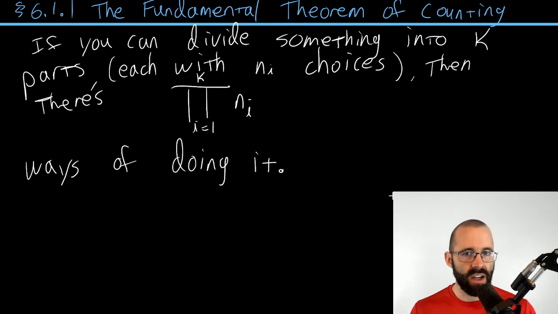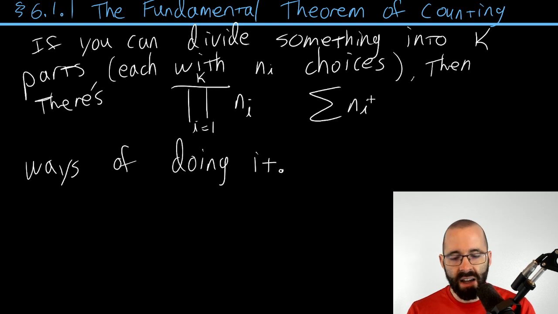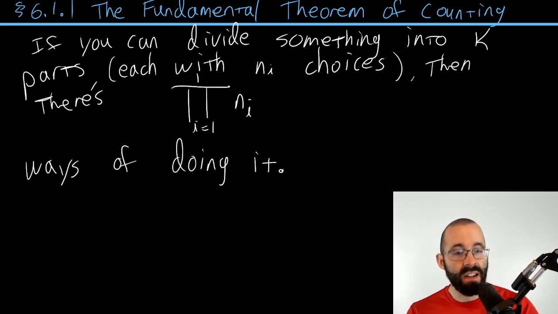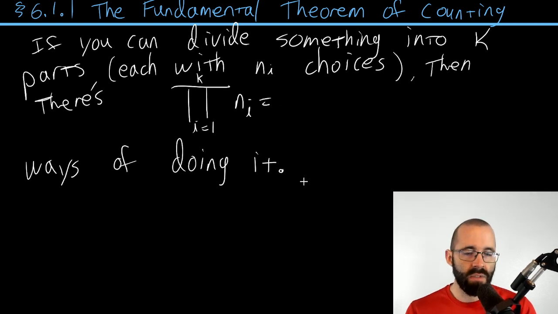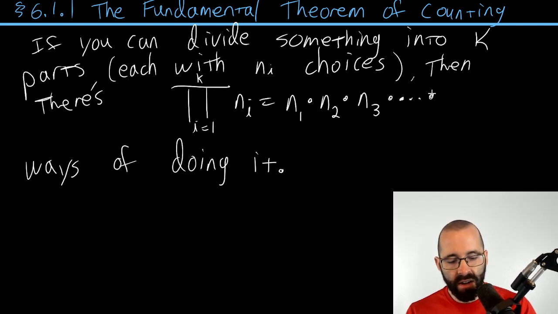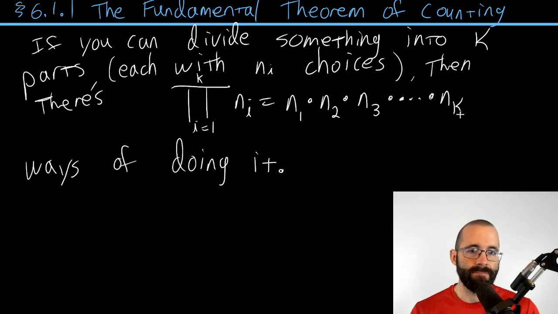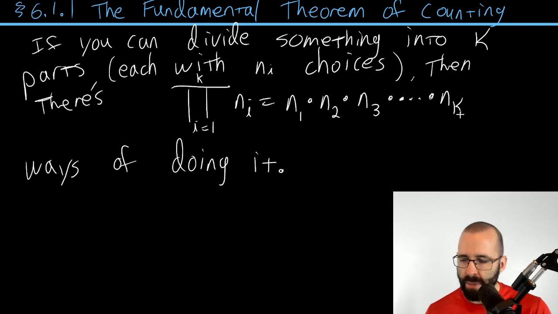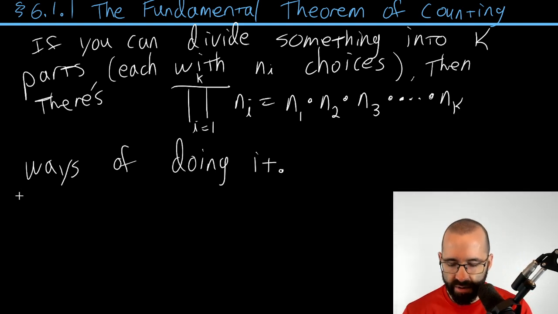Now, you may not have seen this notation before, but it's similar to summation notation if you've seen that, right? If you've seen the sum of n_i, this is very similar. But instead of sum, this is product. So really what this means, and I'll write this out because you may not have seen this, is just, well, if there's n1 ways of doing the first thing, and n2 ways of doing the second thing, and n3 ways of doing the third thing, you just multiply all these together, and that's a bunch of dots until we get to the last one of n sub k. And I think this is pretty intuitive for a lot of people. We're going to see that in action with this example.